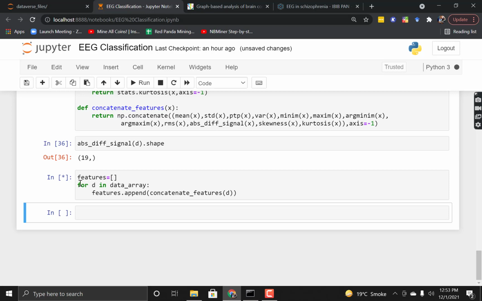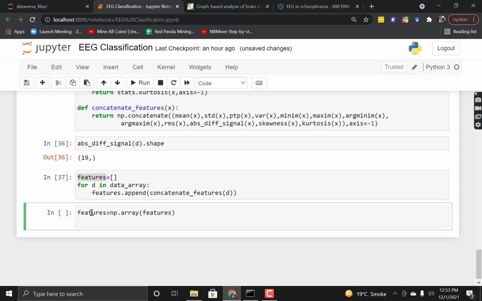Okay, it will take some time to extract all these features from the data. Now let's convert the features list into an array, features array, using np.array. You can also use stack.